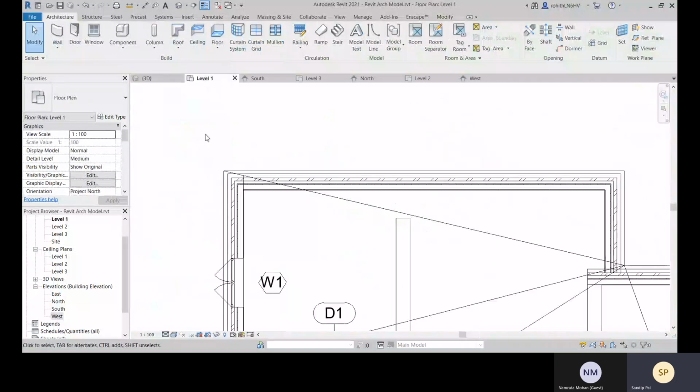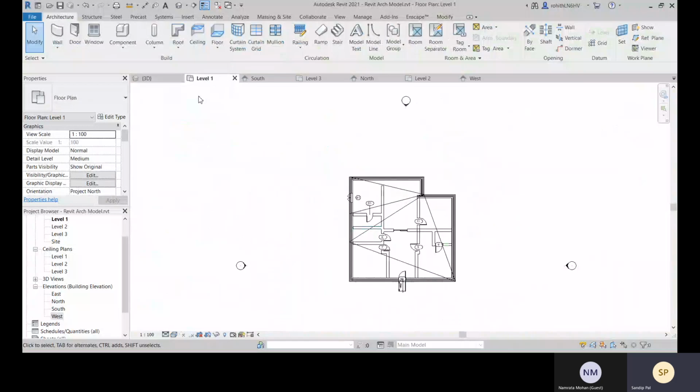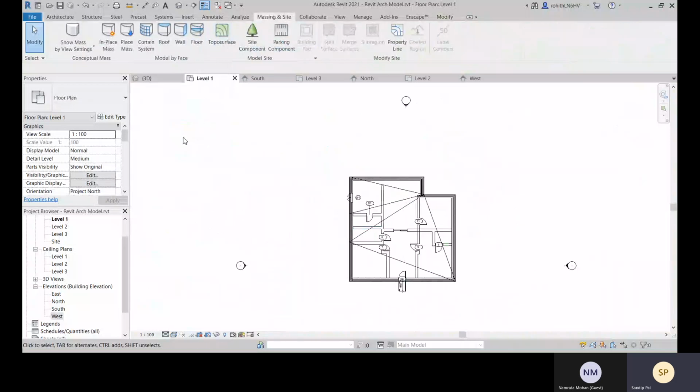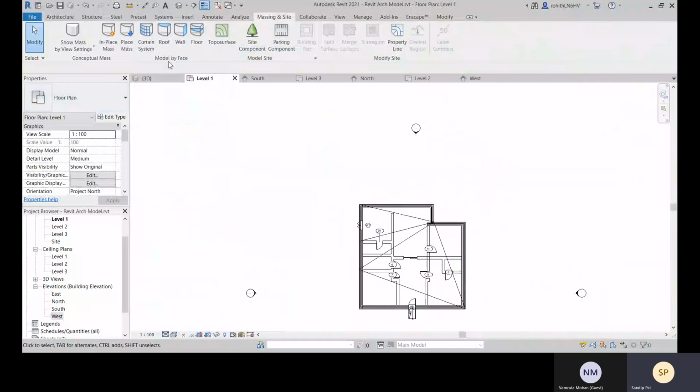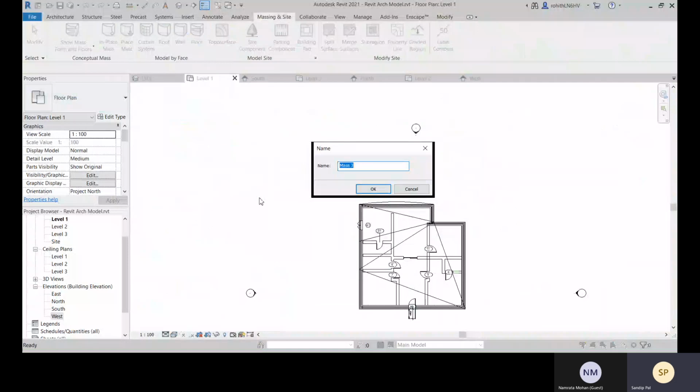So for that, let me go with this level 1, and there let me create one massing and site. Okay, so for that, go with this in place mass, close. You can go with this name, or you can create one.